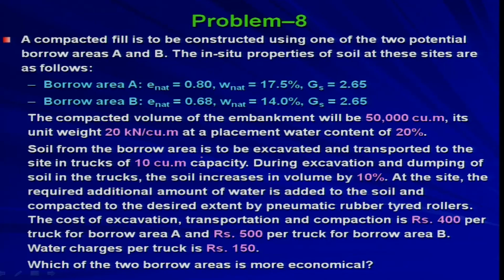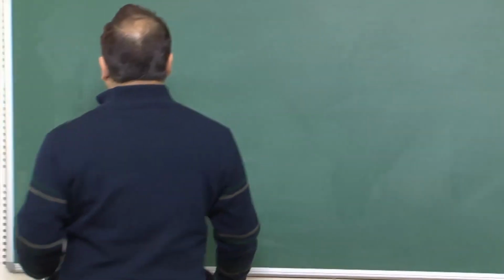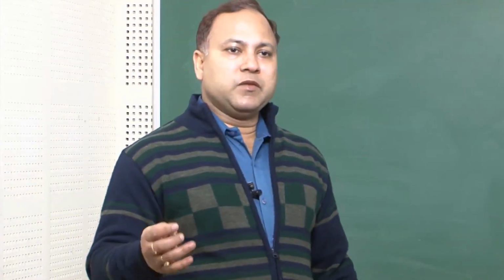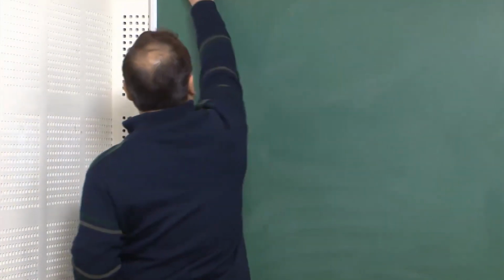So, this problem is elaborating all the parameters. Now, based on those parameters, you have to find out which one will be the economical. That means, which one will give you the least cost to construct the embankment. So, let us solve this problem. Now, first we will write down what are the different properties available for the embankment. So, for embankment,